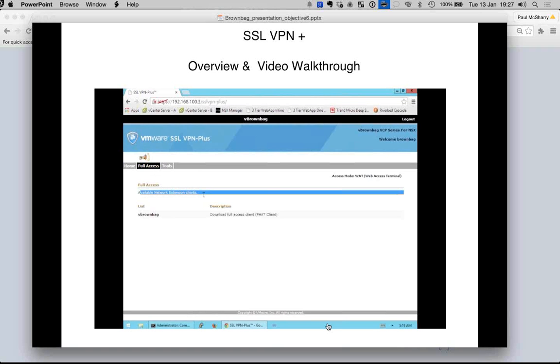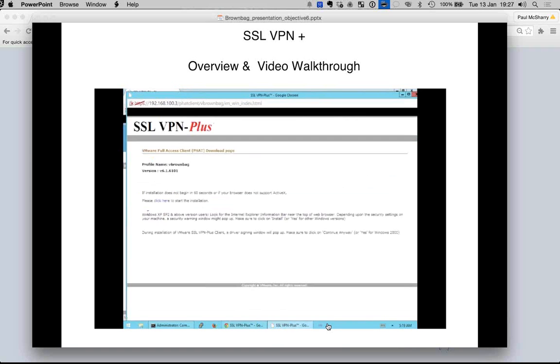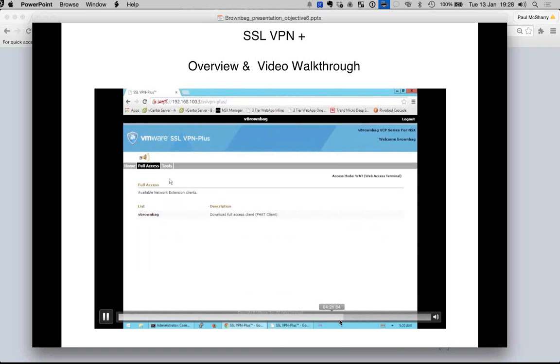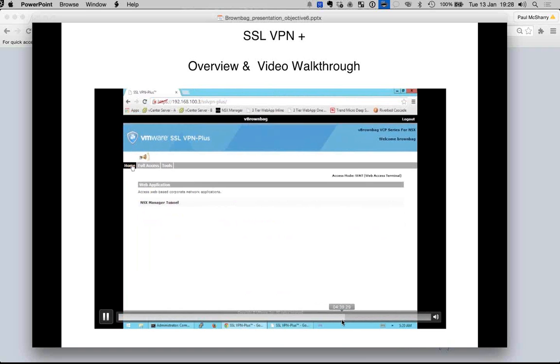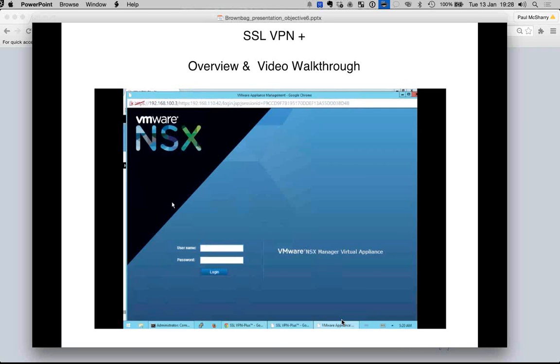So here I'm going to download my clients, so I put one on there for Windows or for Mac, so it gives my SSL VPN Plus download page. I can click on there and it goes to my downloads folder. I install that later on. Or I can go to my home page and I've got all the applications that are inside my cloud available and secure. So here's my NSX manager going through